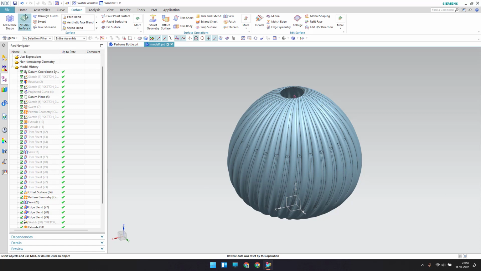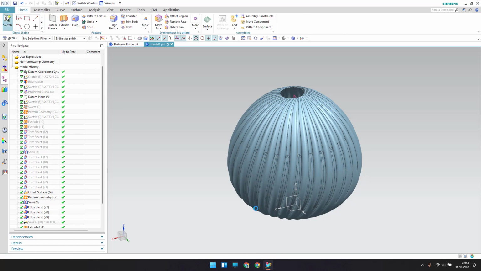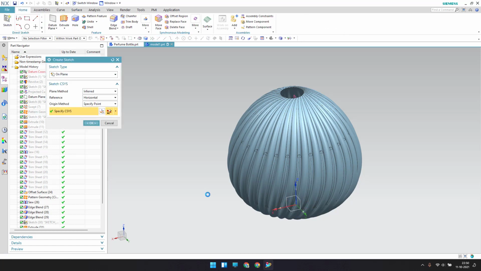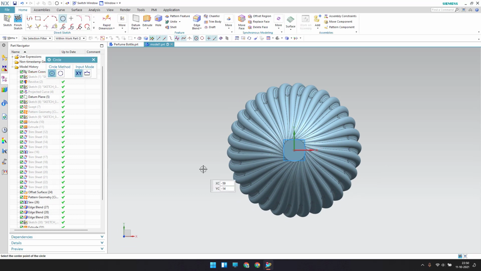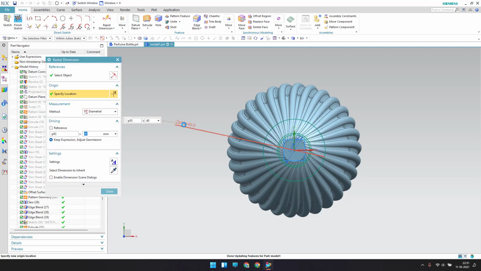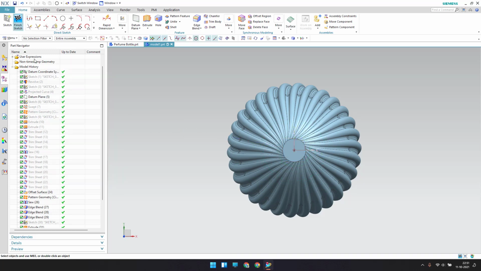So now what I will do is go to a sketch environment on this plane, click OK, and create 3 circles from this center. One should be 44 mm and another should be 22 mm. It should be at the center, and another one should be 20 mm. Okay, the first one should be 40, guys. Okay, yeah. So let me finish the sketch.